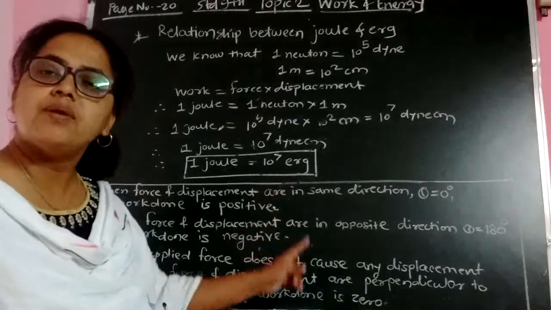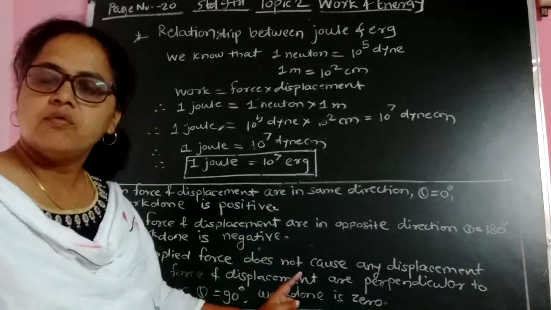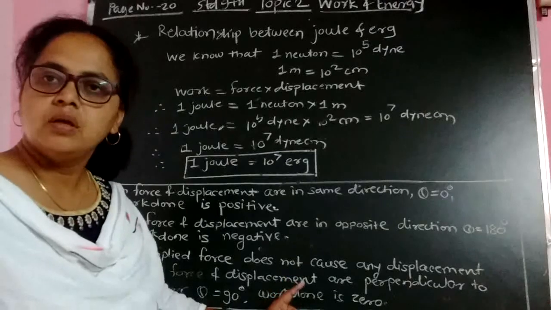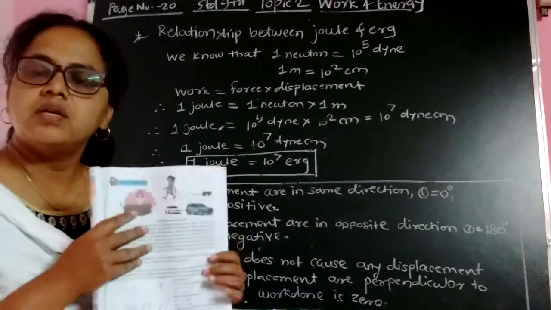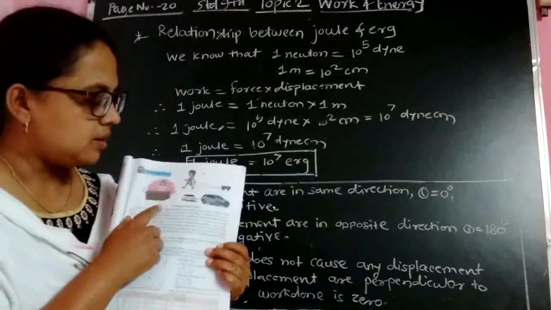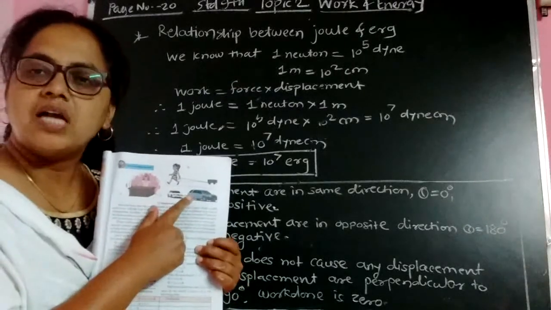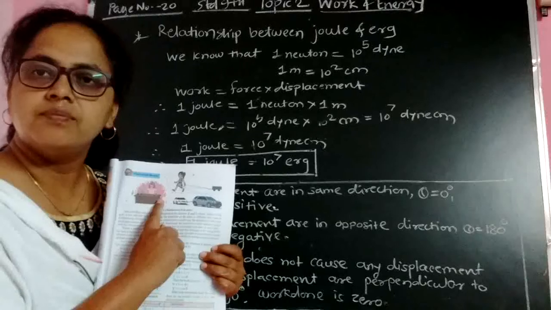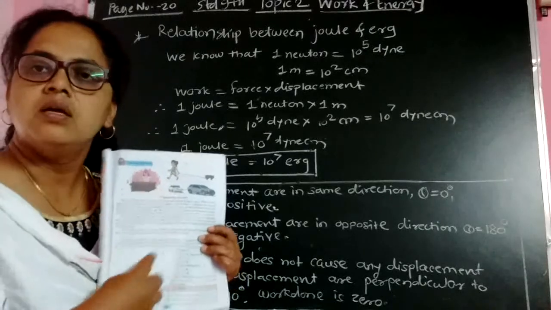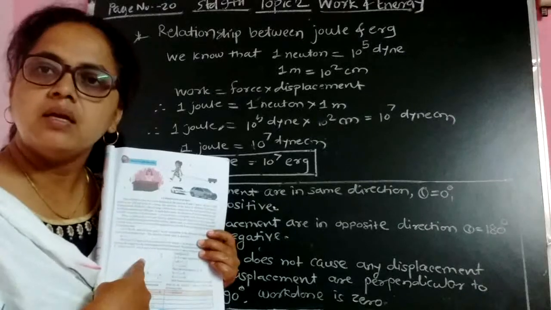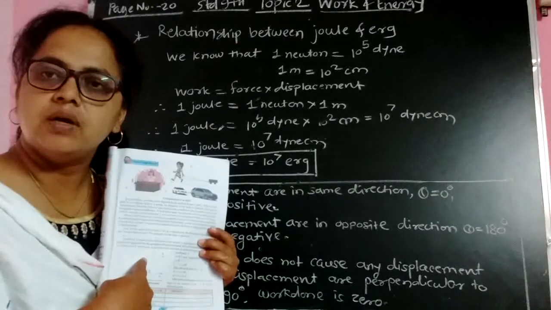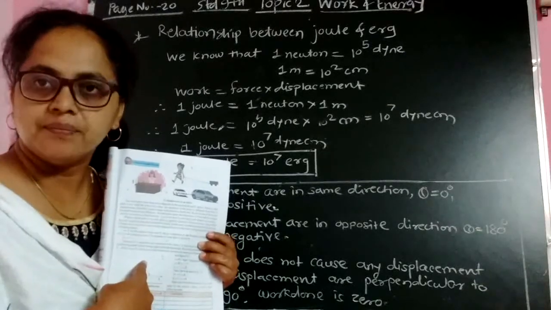So you have to remember these angles we have seen in the last video. What are the angles made here? The girl is pulling the toy, then this large car is pulling the small one. What is the direction of angle? When any force makes an angle with a displacement, then the formula of work done is equal to F s cos theta.